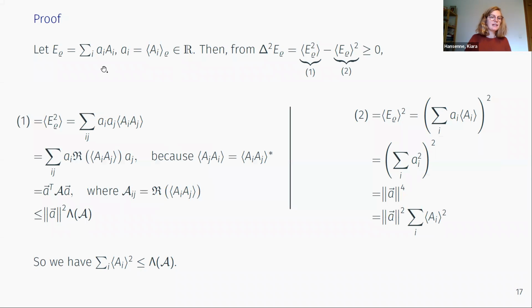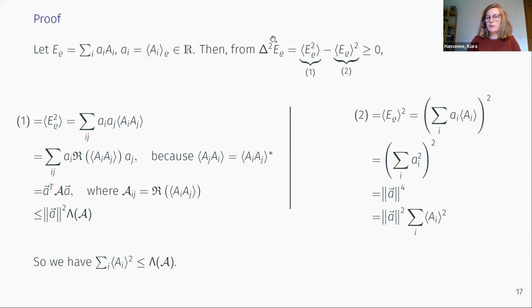And how can we see this? Well, now we can go through a bit more detail and see the proof. For that, we define a new observable E of rho. This depends on some given quantum state, and it is going to be a linear combination of the observables we had before. The coefficients are going to be real coefficients, which are the expectation values on some given state rho. So this is still a valid observable because we have a real linear combination.